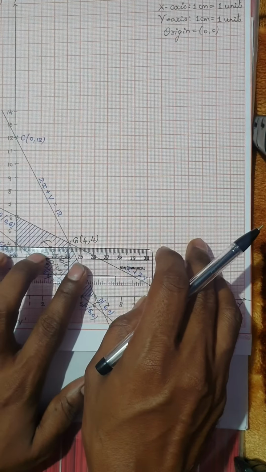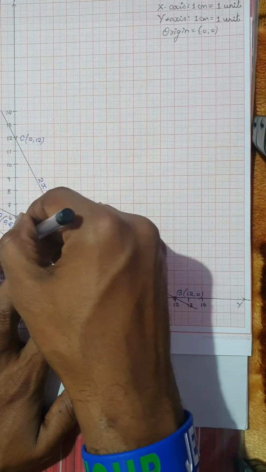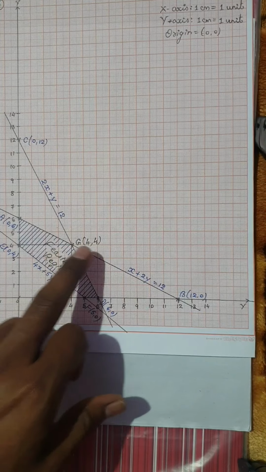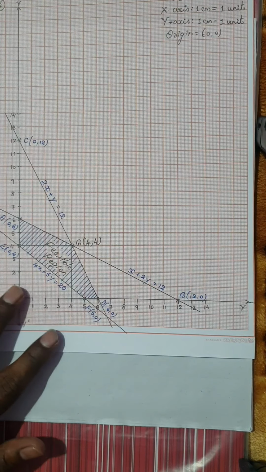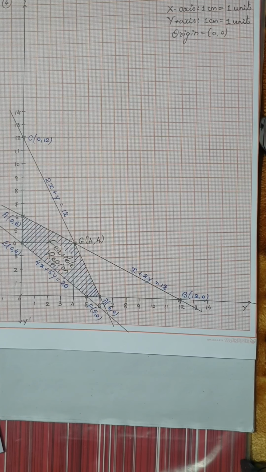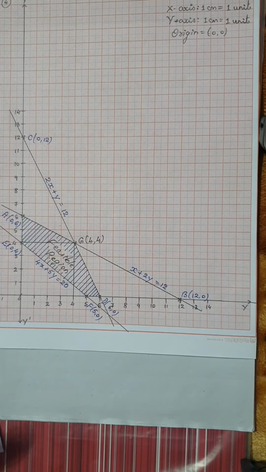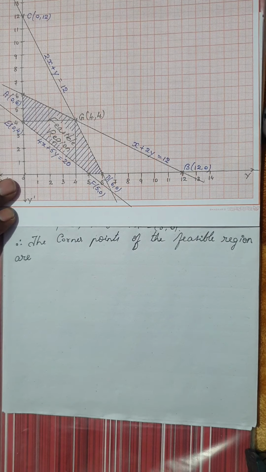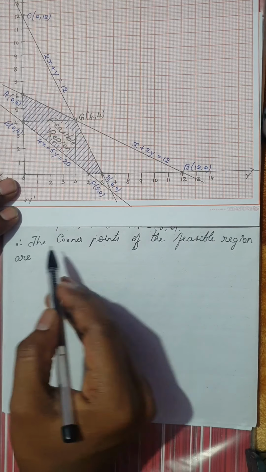If you have not plotted the graph well, then you will have extra work of solving an equation. You can see here G is 4, 4. So my endpoints of the feasible region are also ready. Now I am going to find out the calculation part. Let me note down the endpoints in the working part. Right, students, let us note down the endpoints.